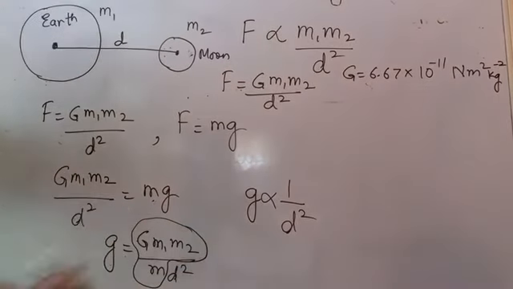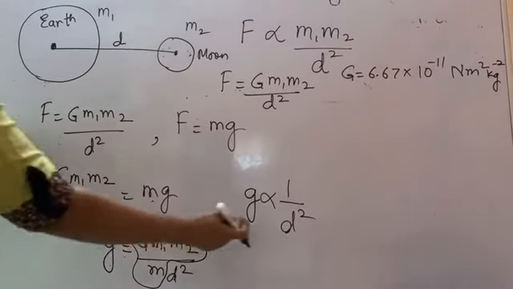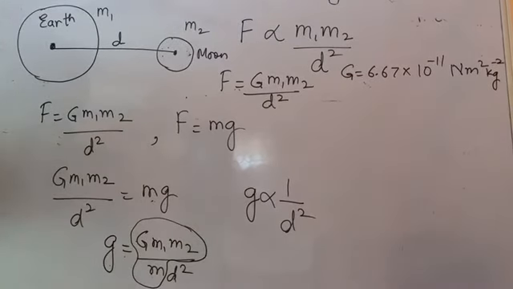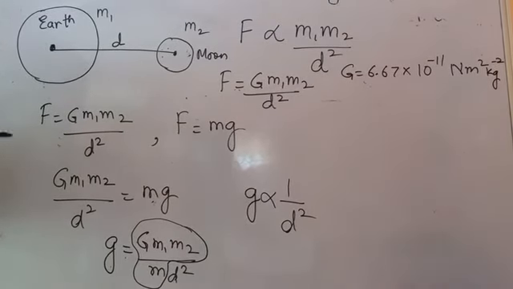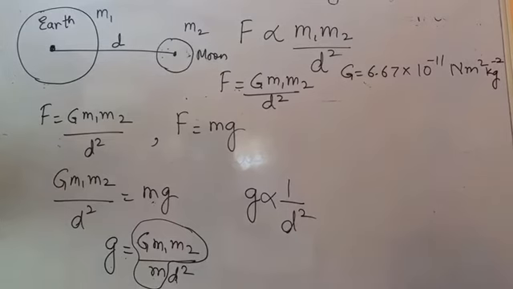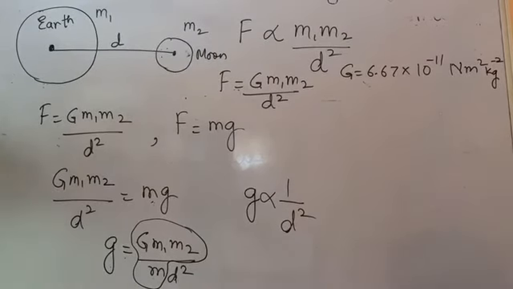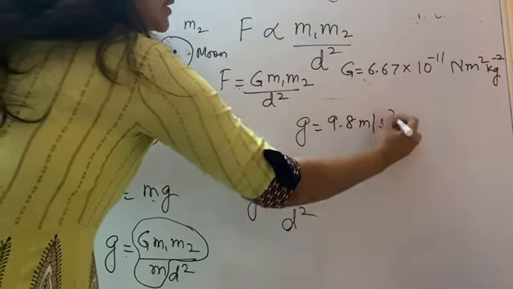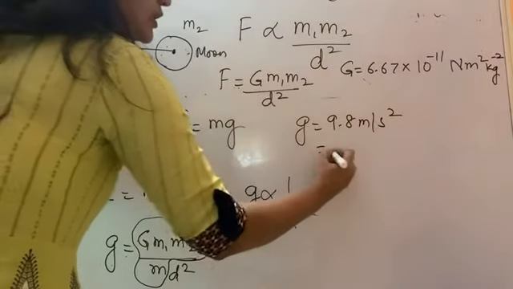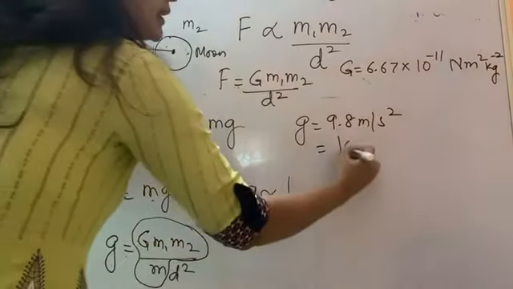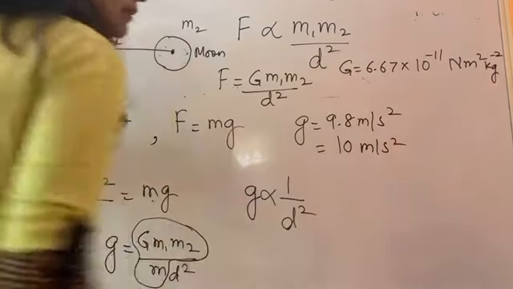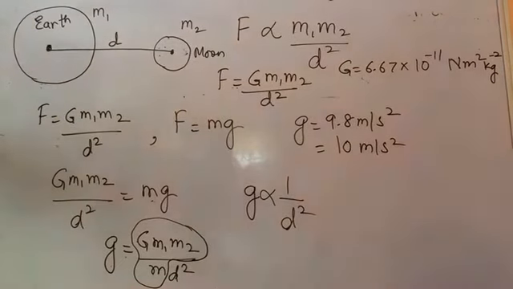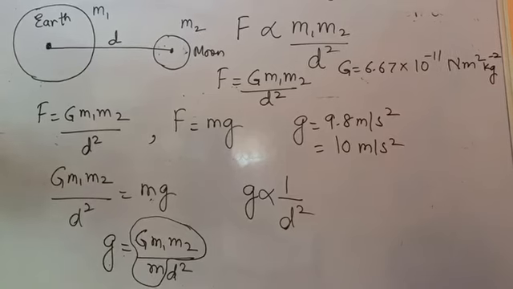Now from this you get the concept. What is g? g is acceleration due to gravity. And acceleration due to gravity keeps on changing from place to place. You know that. What is the value of g actually? g we always take as 9.8 meter per second square. For our consideration in the numericals and all, we mostly take it as 10 meter per second square. But this value doesn't remain the same on the earth itself.